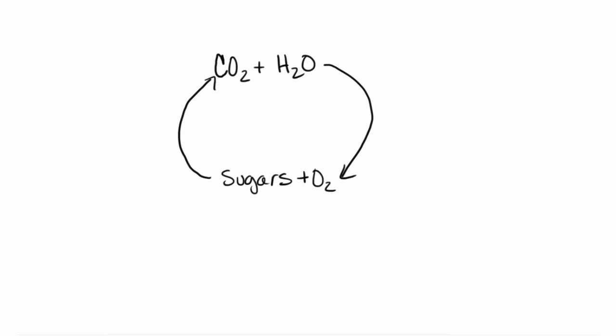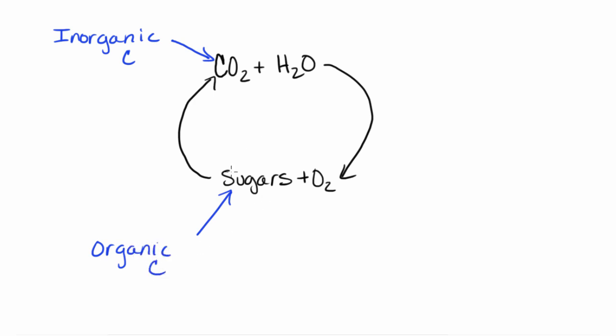What we're looking at in this diagram here is really the way that carbon is utilized with living organisms. So up here at the top, we have carbon dioxide written, and this would be considered inorganic carbon. And for the most part, organisms are not going to be able to utilize that molecule. It does not have a lot of energy packed into it. But when we convert that into organic molecules such as sugars, these are going to have a lot of energy in them. So organic molecules like sugar, these are going to be what most organisms will actually end up using